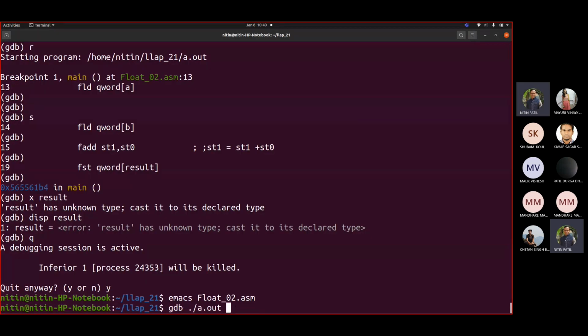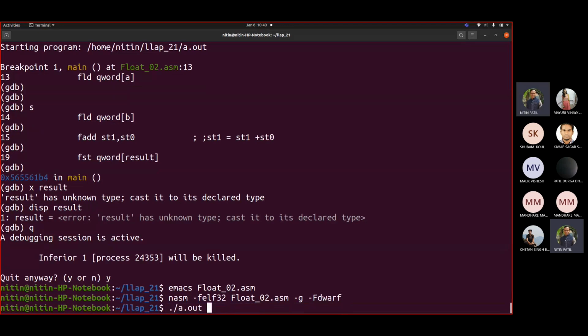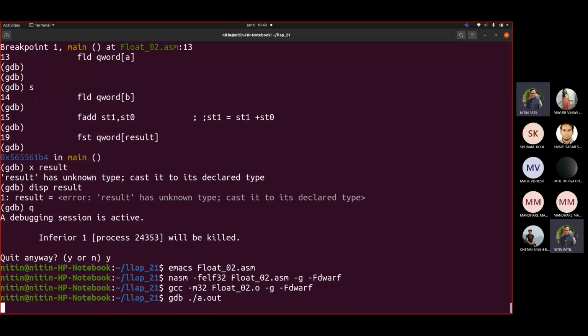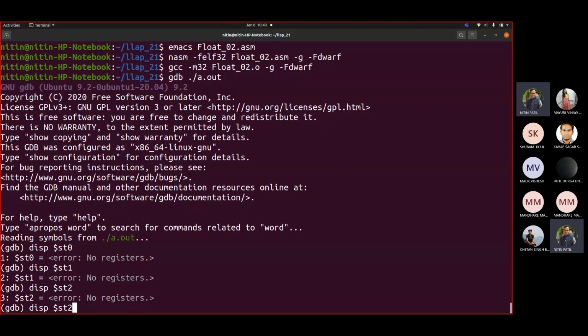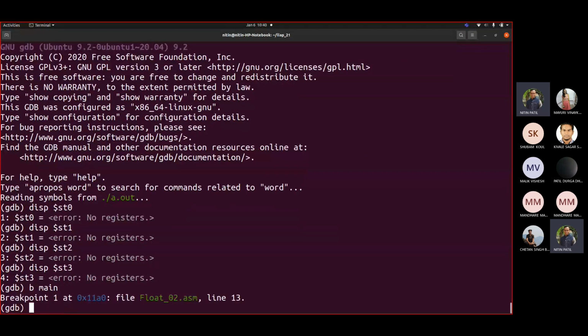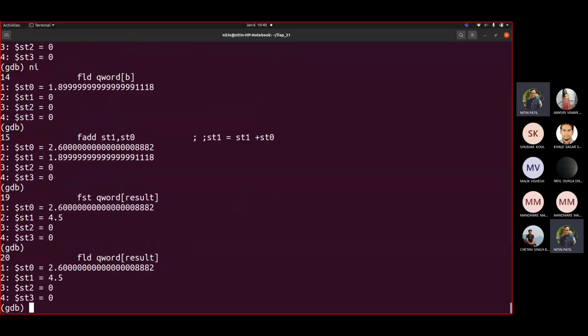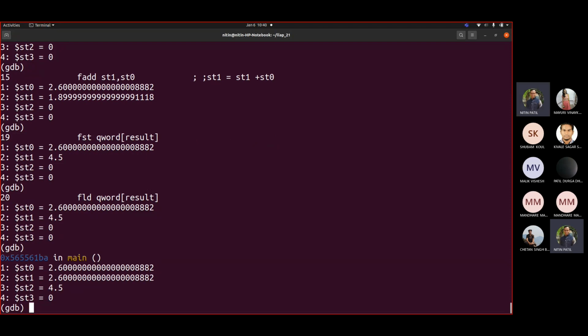So we used ST0, ST1, ST2, ST3. In GDB, display $ST0, ST1, ST2. I will take till ST3 for the sake of understanding. First value, second value added. Now the result was stored there. Now what was the result? The result was 4.5, correct? Which was with ST1. Fine. Now I'm loading that into ST0. So what we could see here, the 2.0